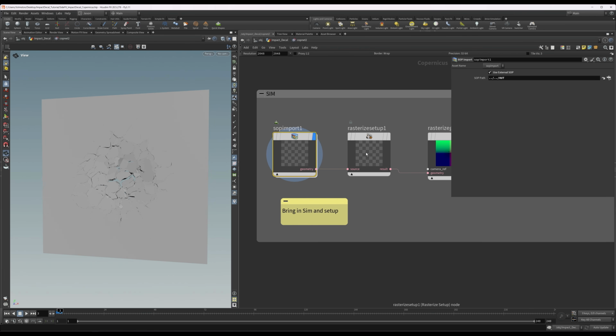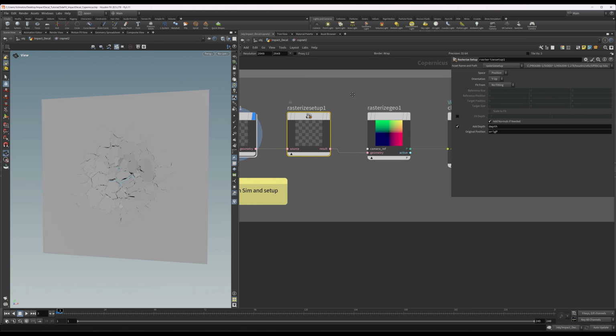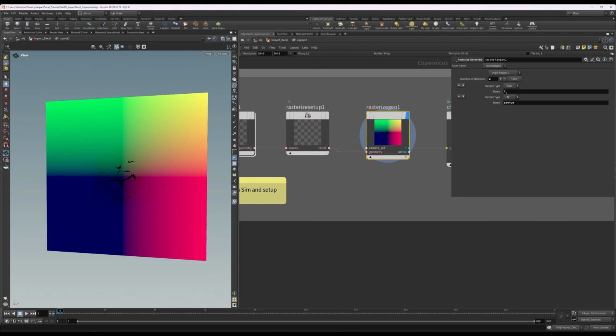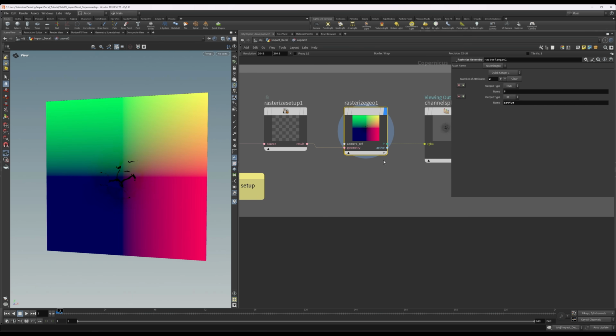We'll then put down a rasterized setup, and the default settings work fine for this. And then from there, a rasterized geo. And with the rasterized geo, we can bring in the default of the P, the position, and we could also add an ID attribute of active if you want. I don't think we use it in this setup, but just to show you all those active attributes that I